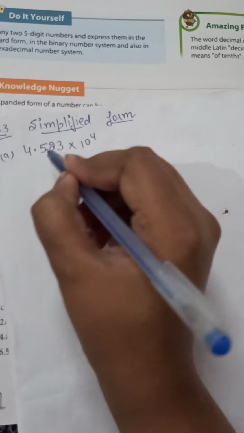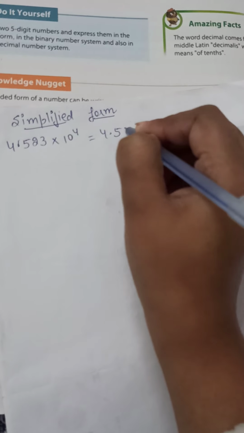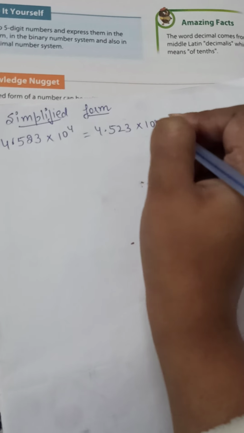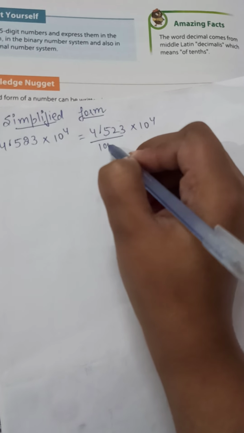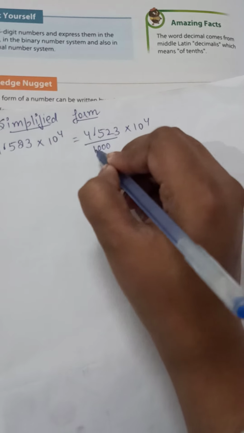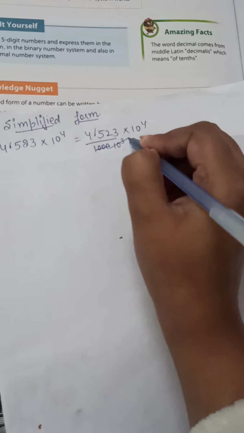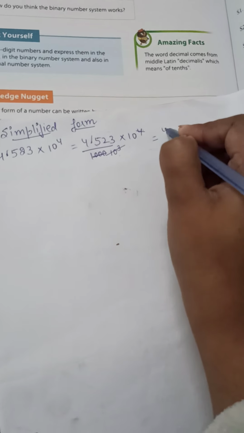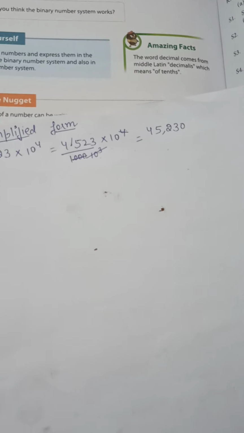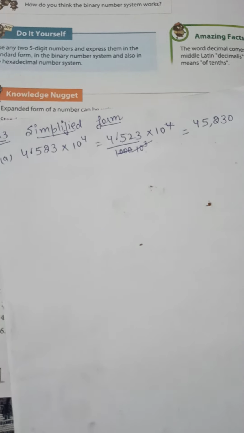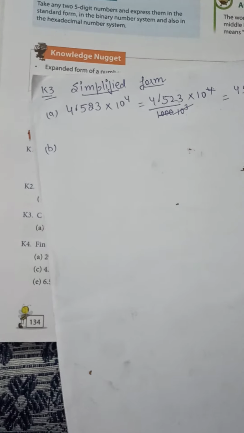Now if I remove the decimal here, 4 decimal 523 multiply with 10 to the power 4, remove the decimal 1 2 3, or you will write here like 10 to the power 3. Here are 3, here is 4, cut, only 1 10 is left and that we will be multiply with 3 and your answer is 45,230, right?